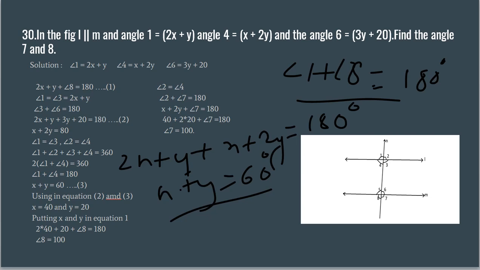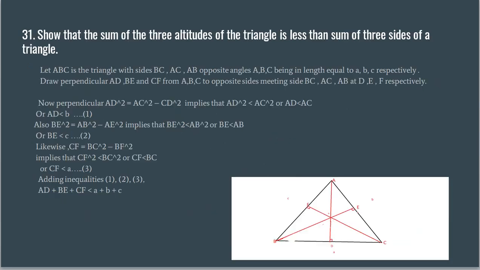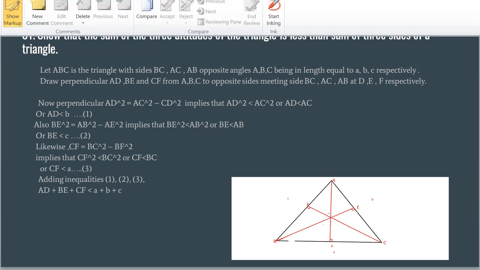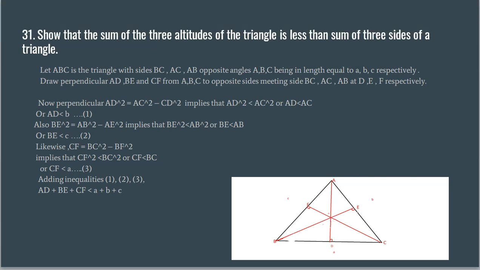Let's jump on to the next question, question 31. We have to show that the sum of three altitudes of a triangle is less than the sum of three sides of the triangle. So we have a triangle here, you can see we have a triangle ABC, and the sides are a, b and c respectively, and we have made three altitudes, AD,